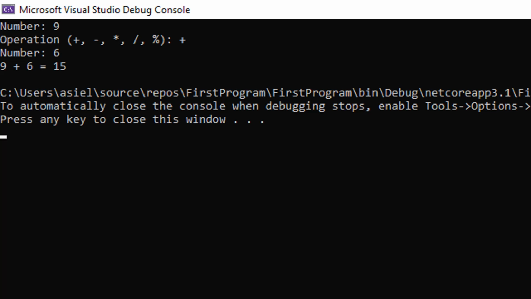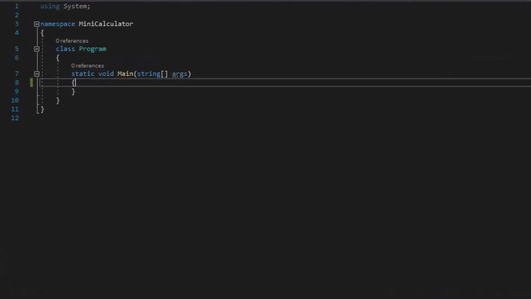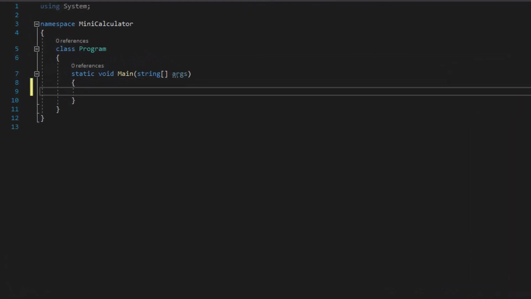I'm going to start writing the code now, and I'm going to be showing you my thought process throughout the application. If you want to attempt this on your own, feel free to pause the video and then just come back to it later. Okay, so the first thing I'm going to be doing is I'm thinking I'm just going